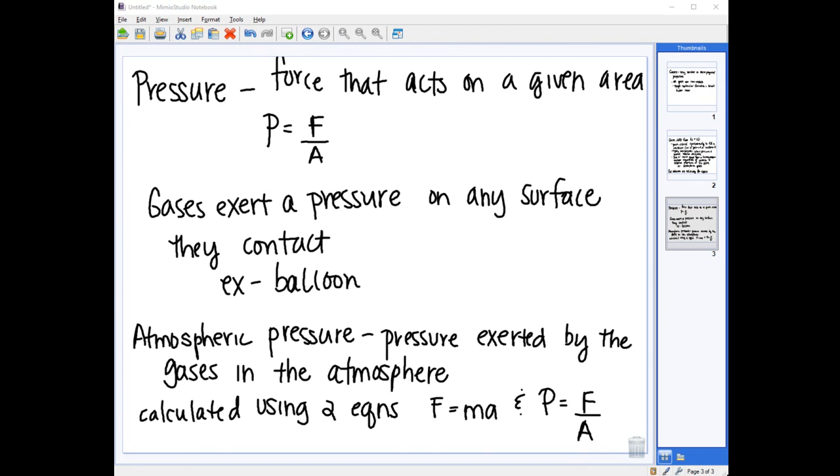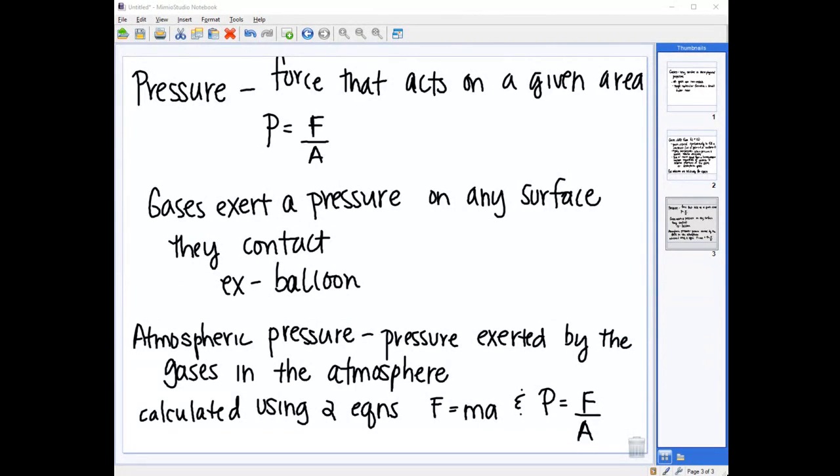Okay, and the pressure that they exert is equal to the force divided by the area of that balloon. So gases exert this force. We can divide that by the area of our balloon and determine exactly how much pressure is being exerted on that balloon. But we also have pressure that's being exerted on the outside of the balloon by the atmosphere. Okay, so those gases within the atmosphere exert pressure on the outside of the balloon. So we have